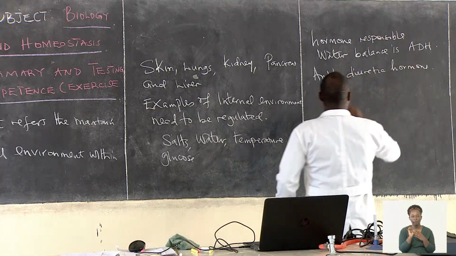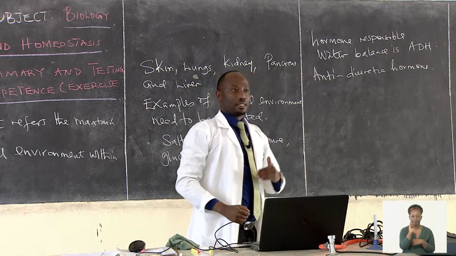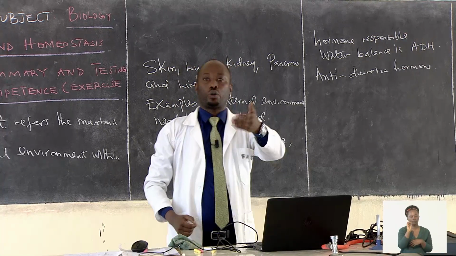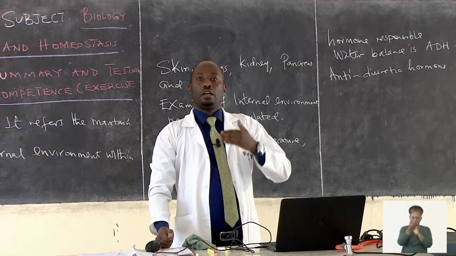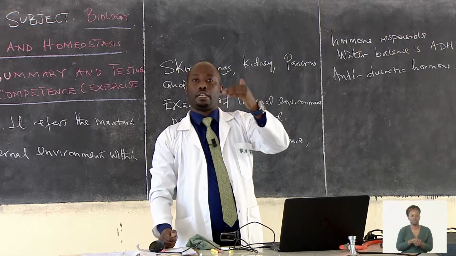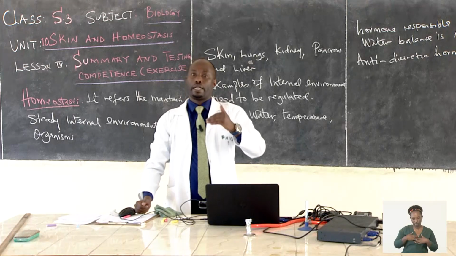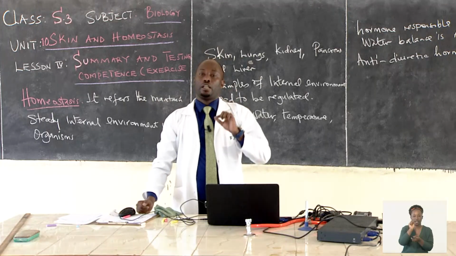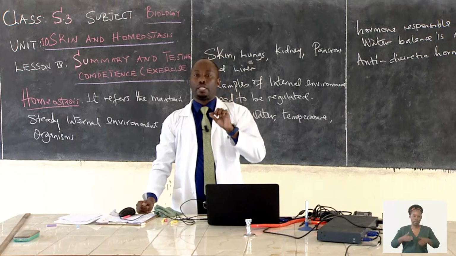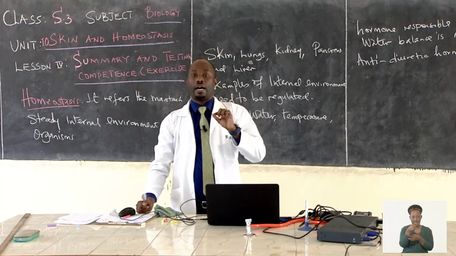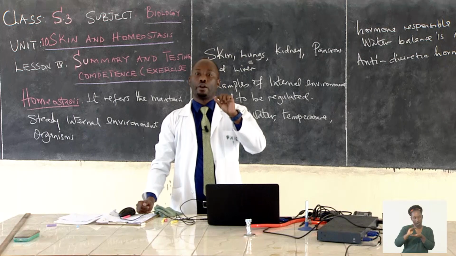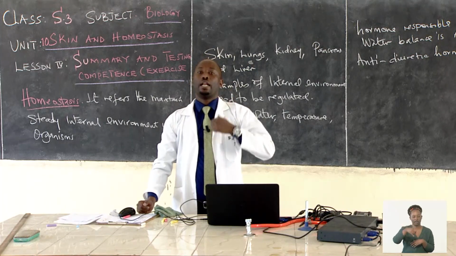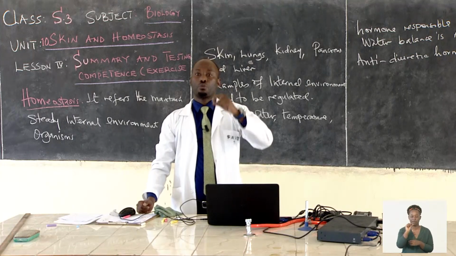What does it do? Once the pituitary gland detects that excess water is passing through the urine, what happens? The hypothalamus detects this and informs the pituitary gland to release ADH. Once ADH is released, it is secreted directly into the bloodstream and goes to the kidney and informs the nephron to do reabsorption of water. So you are going to urinate urine which is more concentrated,